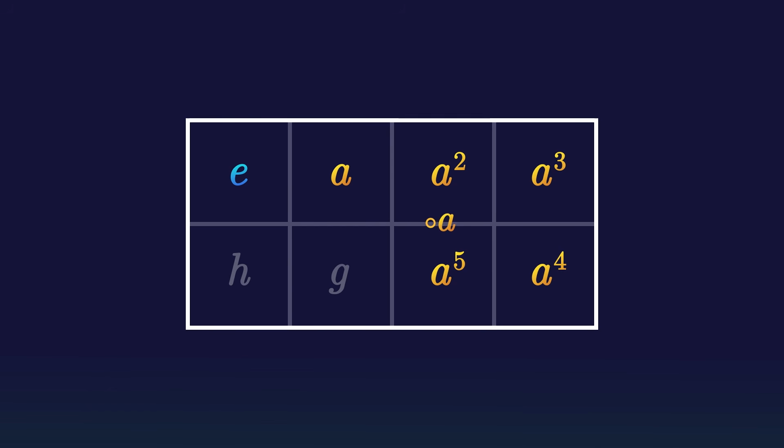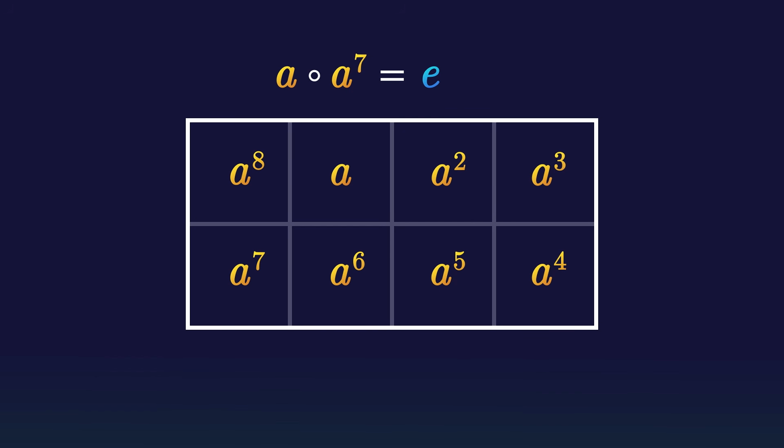At some point we simply run out of elements, and sooner or later we have no choice but to generate the neutral element as a power of A. After that, this process runs into a cycle, since if A to the 8 returns to E, then A to the 9 is just A again, and so on. And it's not hard to see that we now get inverses for free. If A to the 8 equals E, the inverse of A is just its own 7th power.